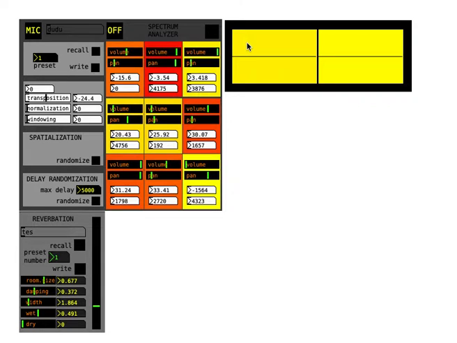By observing the color, you can see if the sound is getting too loud or too soft. And from the real-time array you can also see the volume of your overall output. If it is too loud, you can control the volume from this main output slider, or you can adjust the